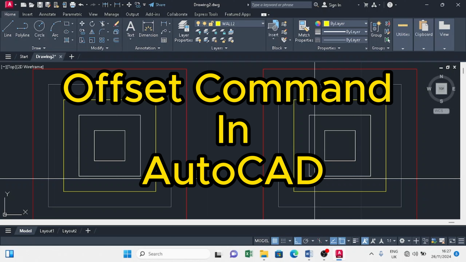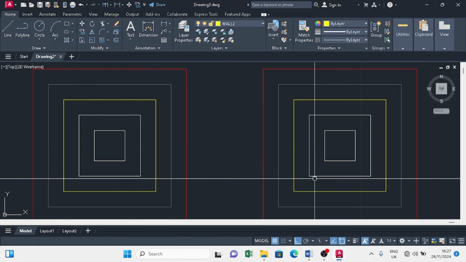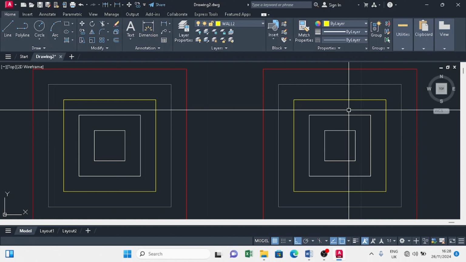Today, we are going to create perfectly parallel lines in AutoCAD using the offset tool. If your lines aren't lining up just right, this tip is for you. Let's take a shot. The offset command is one of the best tools for creating parallel lines or shapes at